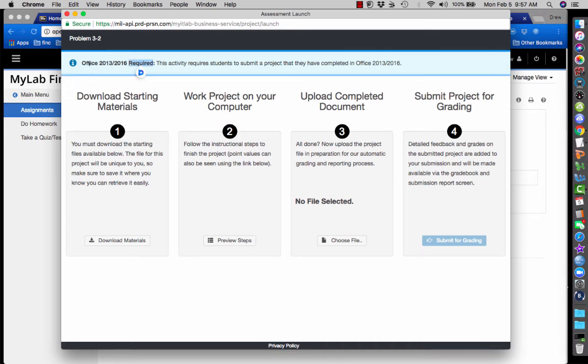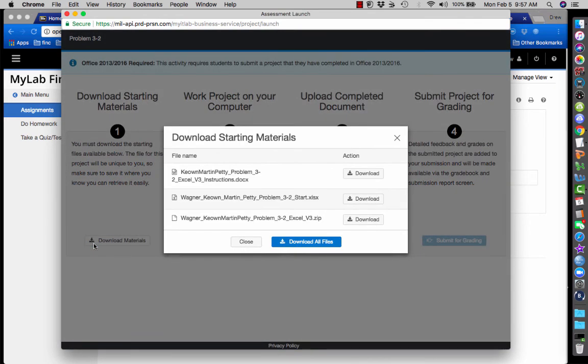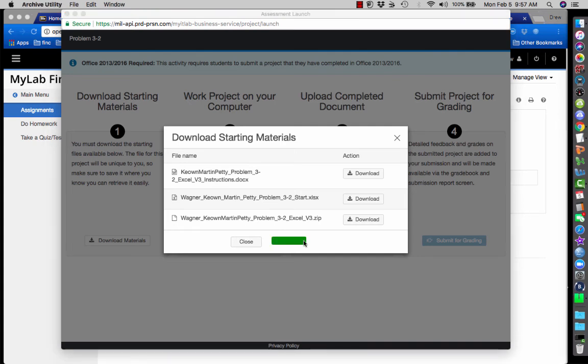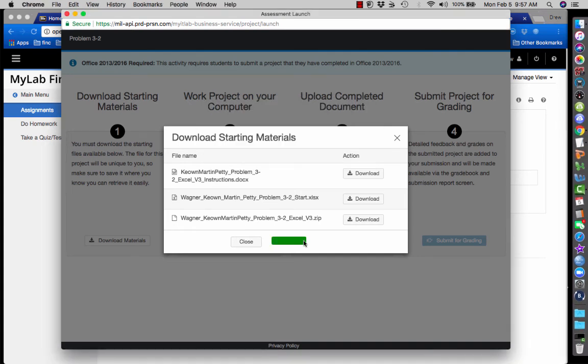It says Office 2013 to 2016 is required, and it requires that you download the material. So you download all these files. They're .xlsx files, and then once you have downloaded them, you have to